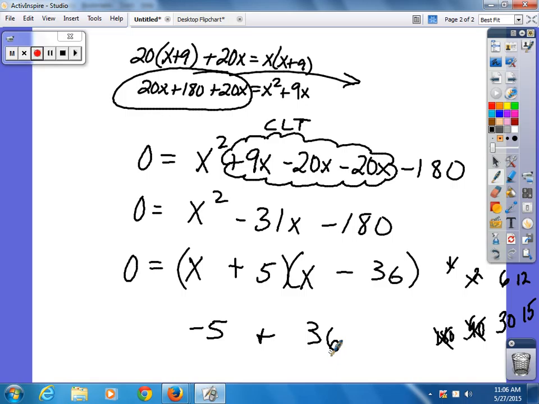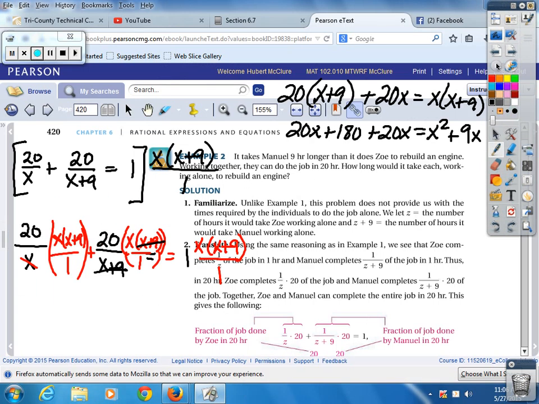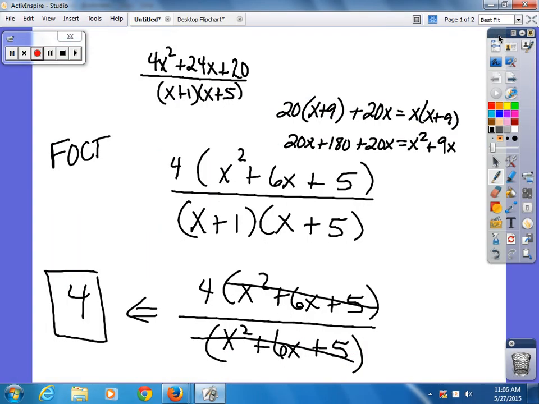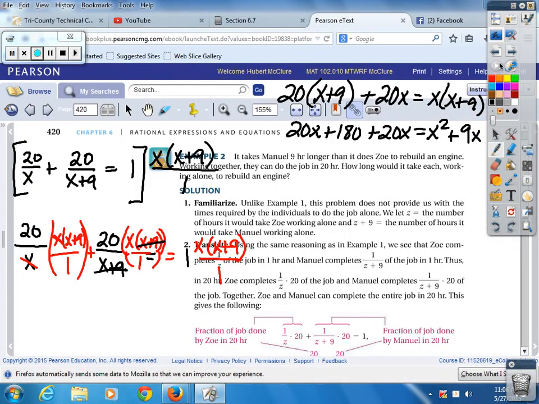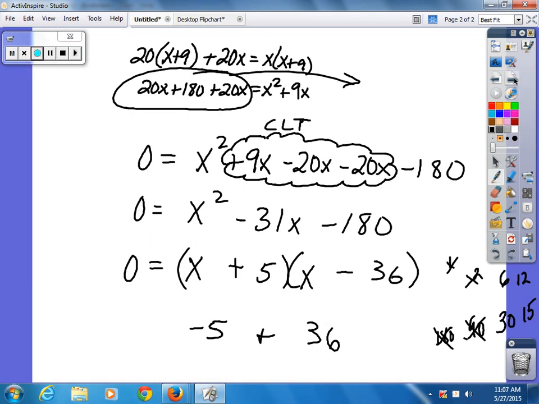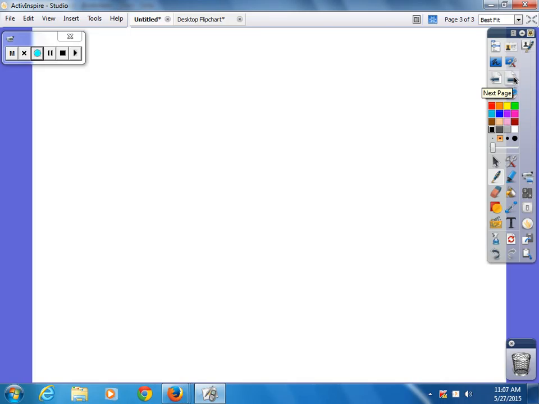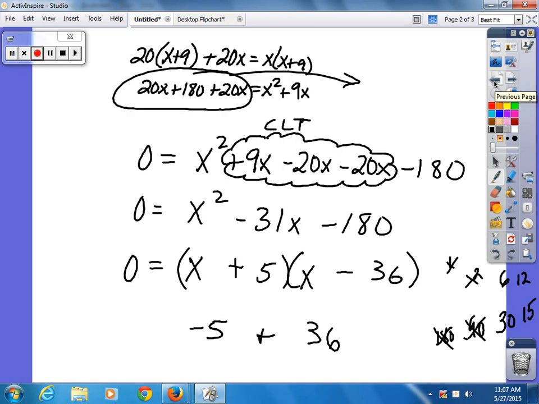36. So let's go back to our original equation. -5 and 36. Oops. -5 and 36. Will that work? Yes, -5 and 36 will work. But what's the problem with -5? Why? What are we dealing with here? Something that never can be messed with. And what is that? No, time. Time cannot be messed with. So therefore,